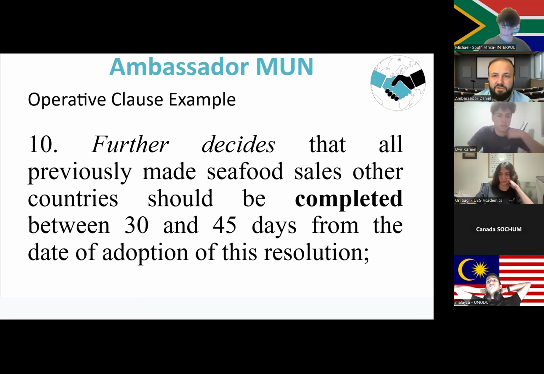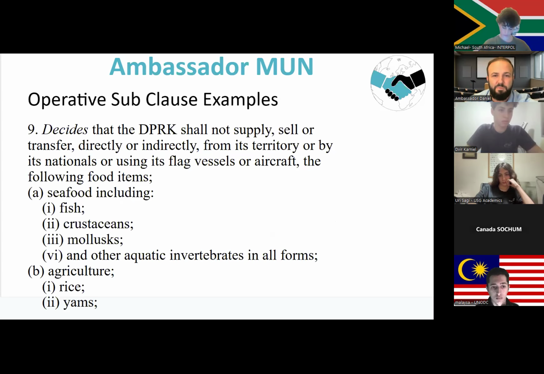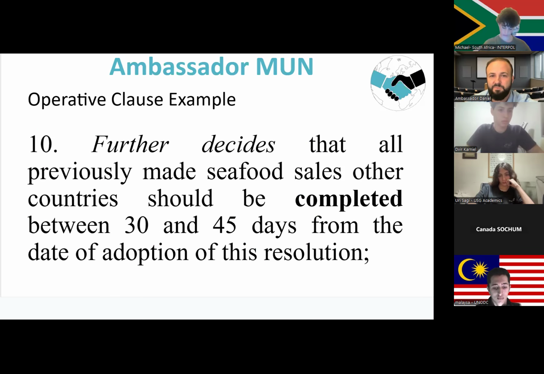And here, this decision is something which you also see within a certain timeline. It defines something specific that we can act on, we can understand. It's not stop selling someday. It's saying it needs to be completed, all sales from when we say this, by 45 days from when this resolution is adopted. Okay, so we see here options for subclauses, for different clauses that come and support each other